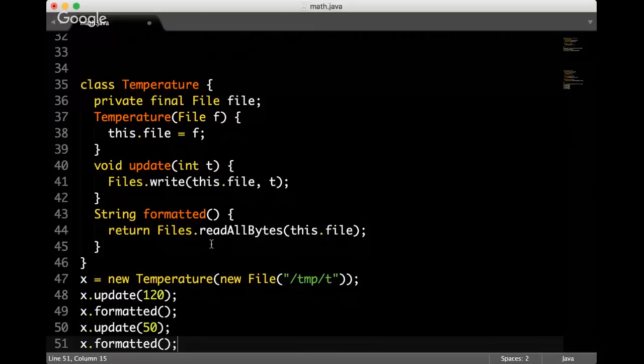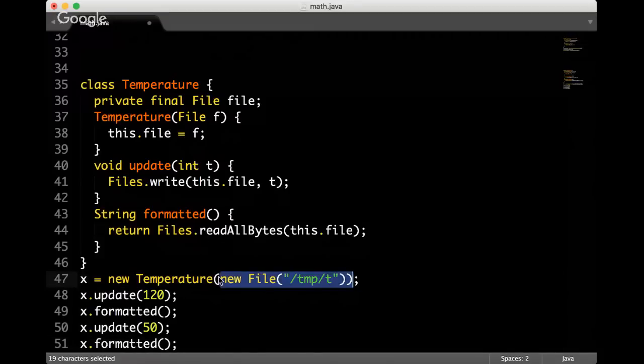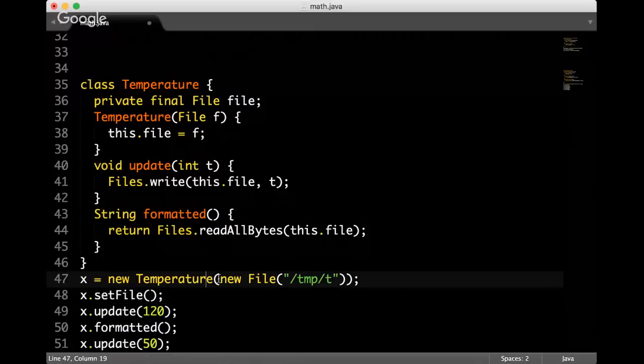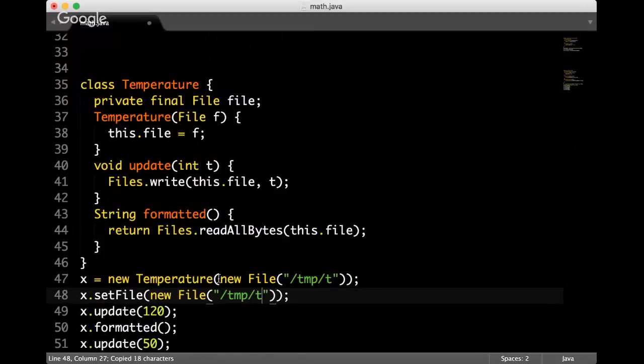I think that it's still immutable because it still doesn't change the state, because the state of the object is still the same. We still encapsulate the same file. We don't change the file. Nobody can say set file here. If that were the case, then yes. If you change the file and then change the value here, then yes, that would be a mutable object. But we can't do that, so we still don't change the state.